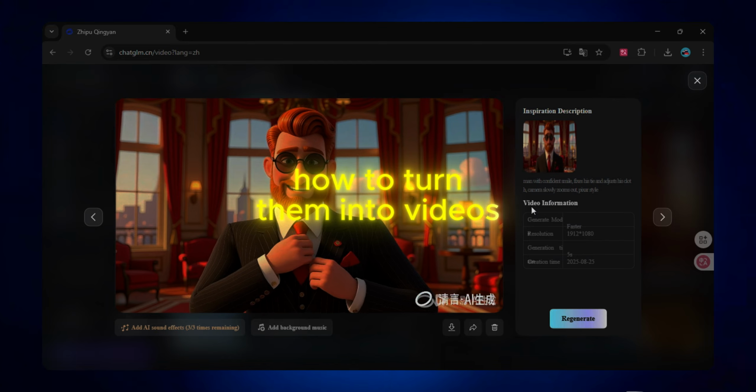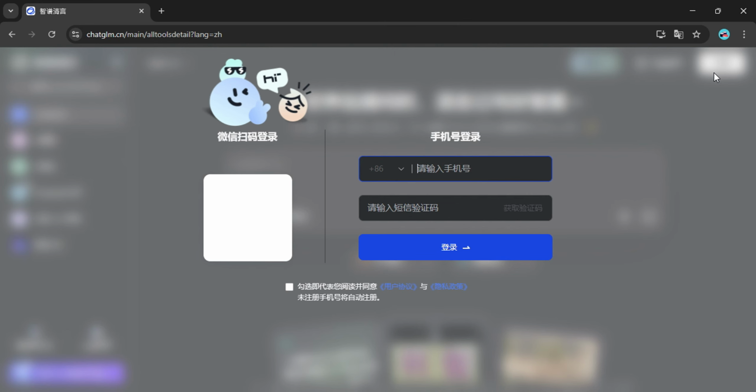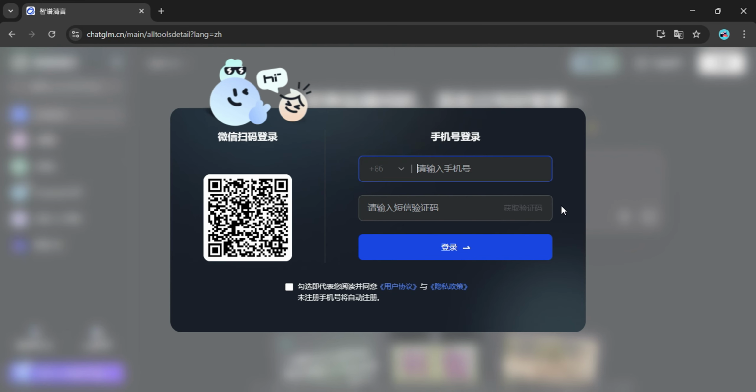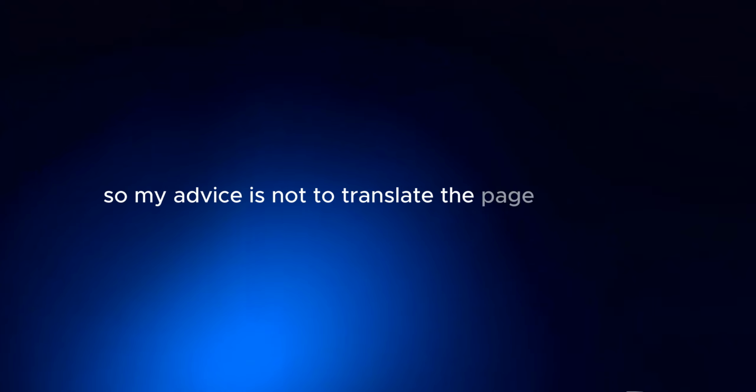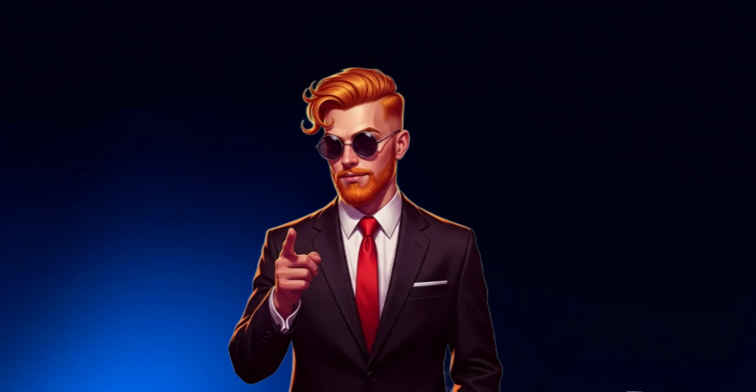Now here's where most people give up. You land on the homepage and everything's in Chinese. Menus, buttons, even the CAPTCHA puzzle. Most people just translate the page into English from the browser and get stuck in the login page due to a bug. So my advice is not to translate the page right away, but there's one more hurdle: the sign-up